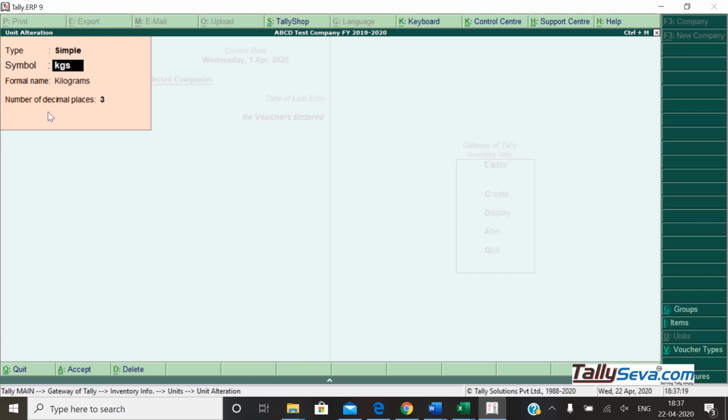If you mistakenly do not give 3 decimal places for kgs and give only 0, and then you save the data and post the entries, later, for example, 1.5 kilo, if you measure now, the computer treats it as 2 kilos. If you entered 1.4 kilo, the computer treats it as 1 kilo. So you cannot get the accurate measurement. If you want to edit after posting entries, Tally will not allow it to be edited. So it's very sensitive.